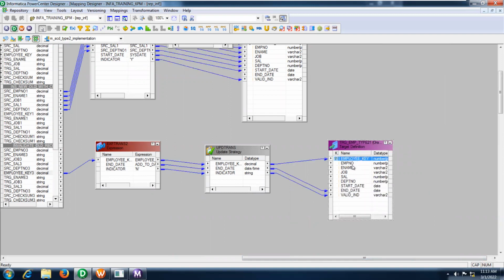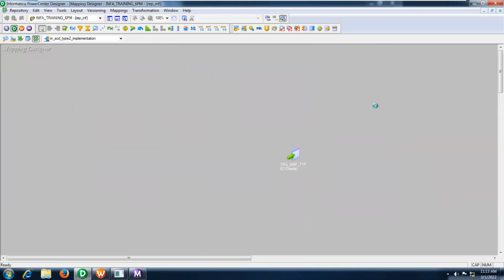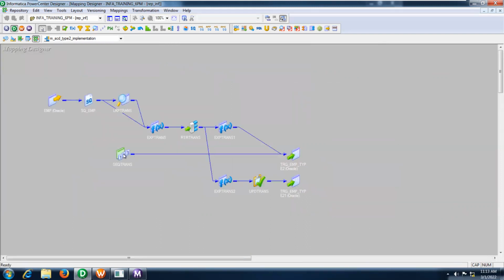All right, see, you are giving the connection. Employee key as usual, employee key and end date. End date means system date minus 1 day. So today is March 1st. What kind of date will it take? Minus 1 day. Yesterday it will capture as the end date for the updated records in your target table, and invalid. Directly we are giving the hard coded value to the invalid indicator as N. This is how it looks. Okay, it is pretty simple how we are going to maintain SCD type 2 in Informatica PowerCenter. Okay, this is pretty simple.